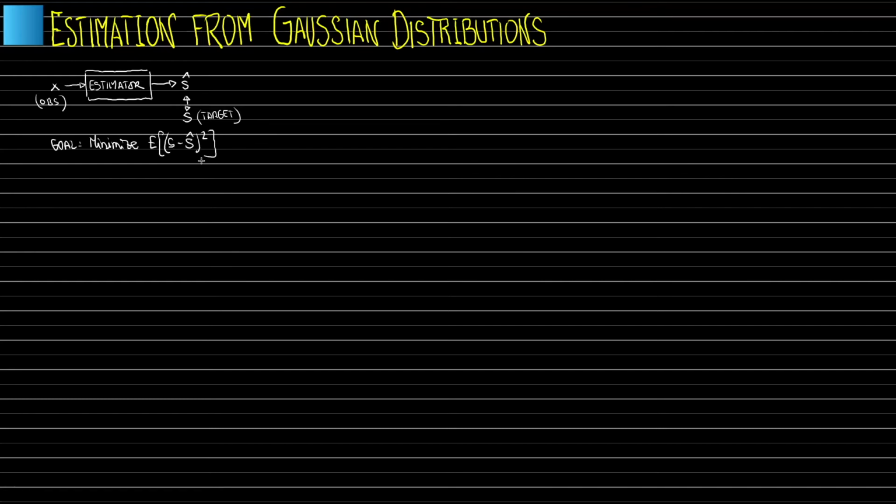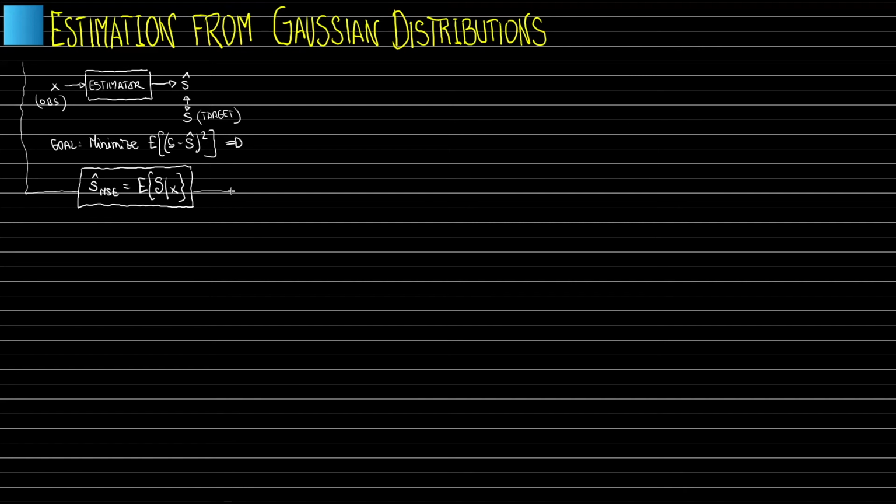Okay. Well, the general solution to this problem is what we usually call the mean square error estimate, which is known to be equal to the expected value of s given the observation. So this is the general solution to the estimation problem that can be applied to any particular distribution model. Okay, so well, this is the context,